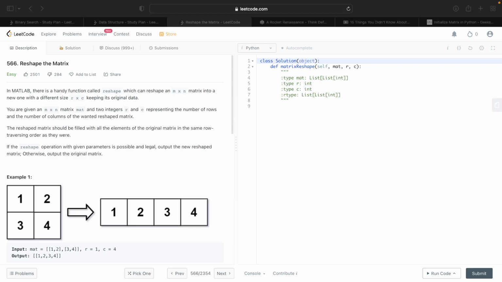Okay, we're going to be doing LeetCode 566, Reshape the Matrix. So it may look a bit intimidating if you're not used to working with matrix related questions, but it's very easy. So in MATLAB, there is a handy function called reshape, which can reshape an M by N matrix. This is usually rows by columns, into a new one with a different size, row by column C, keeping its